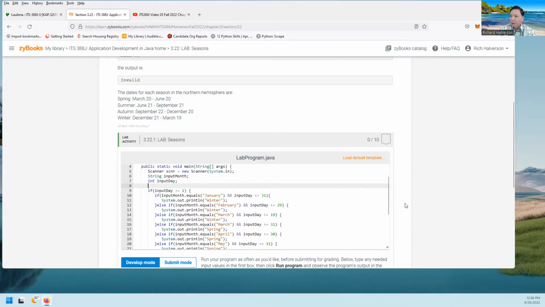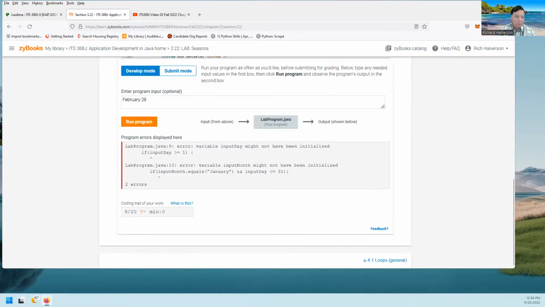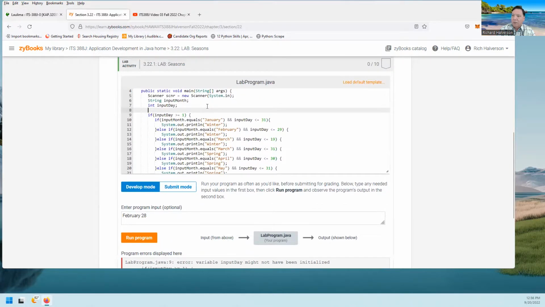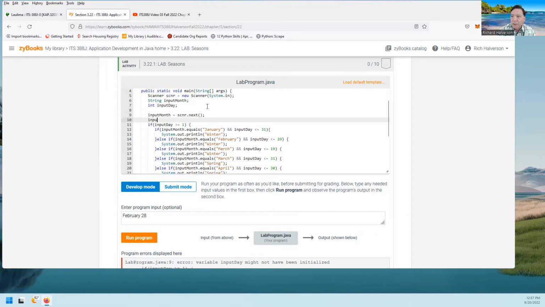So that would be input system. We want to read these things in. So input month equals scanner dot next, and then input day equals scanner next int. It's an integer that comes in. And now when we run this,